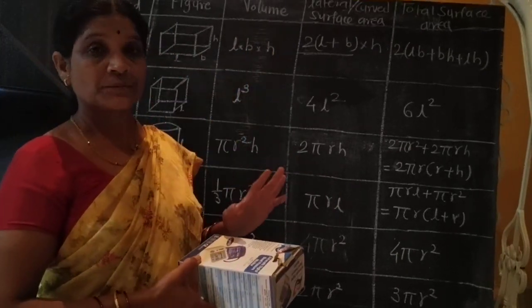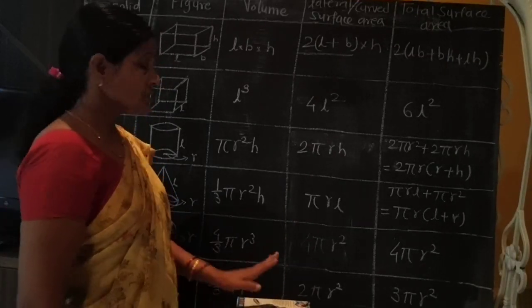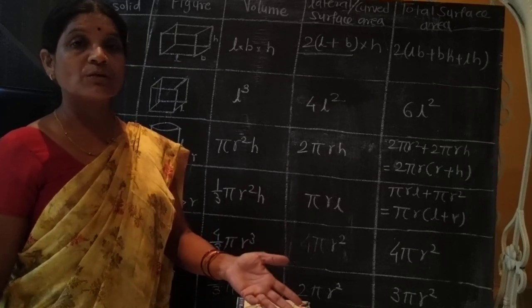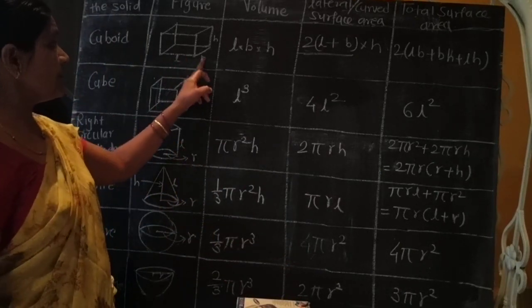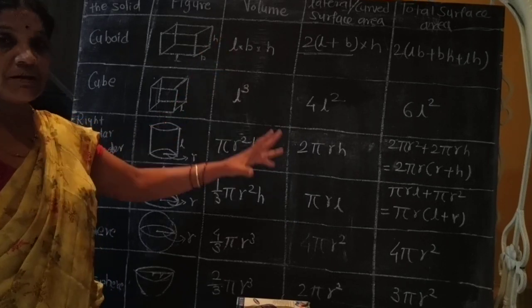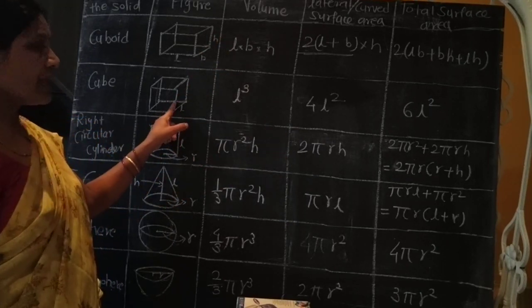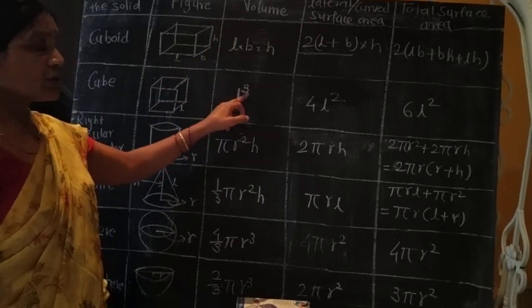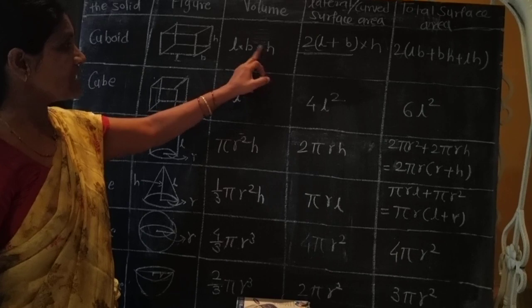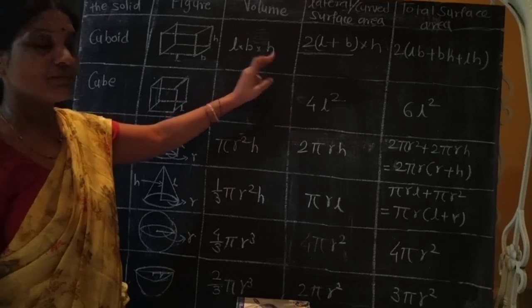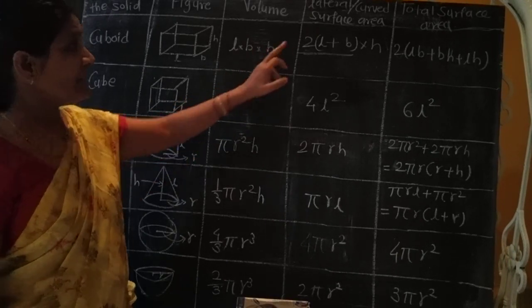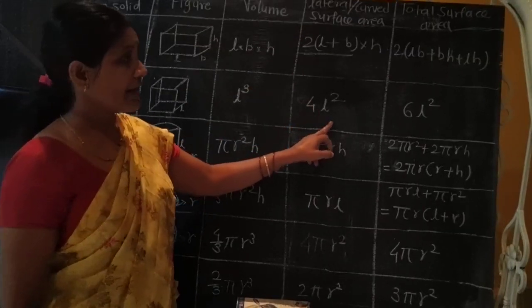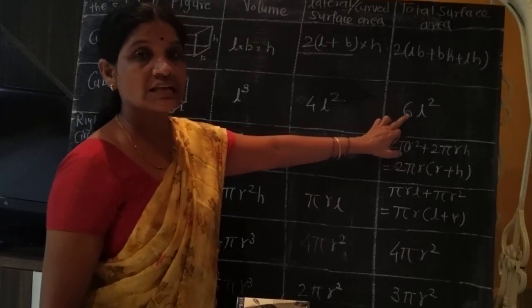Its base area is length into breadth multiplied by that height, and that's why the volume of cuboid is L into B into H. And when for this cuboid all 3 sides become equal, then it forms a cube. For example, this L, B, H are of the same length, L, L and L. Then at that time its volume becomes L cube. Why? The B and H are also L inside that cube. That's why volume is L cube. Lateral face area is 4L square, and total surface area is 6L square.